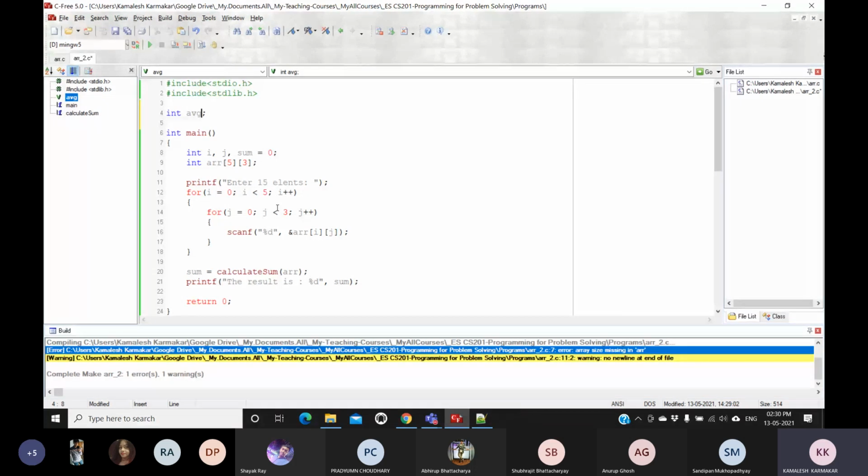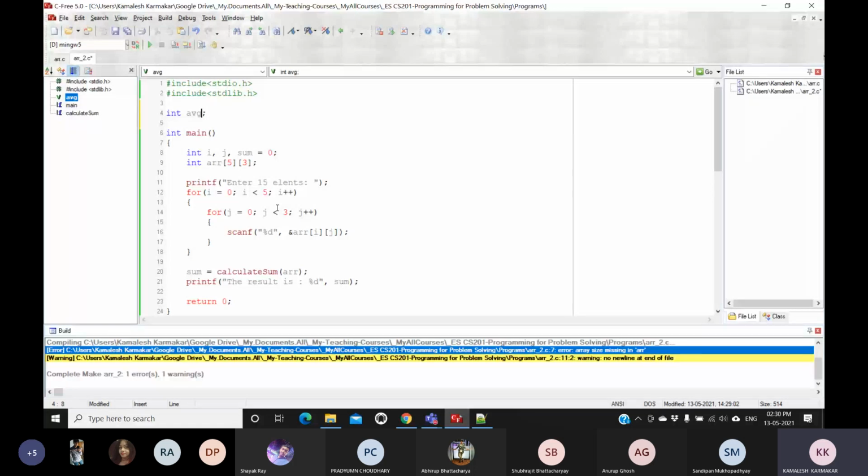Now you may think that if I declare a variable as a global variable, it is accessible from both of these functions. I don't need to declare i, j and sum in both functions. Our code size will be smaller. Once these variables are declared as global variables, they can be used from both functions. We don't need to redeclare them.